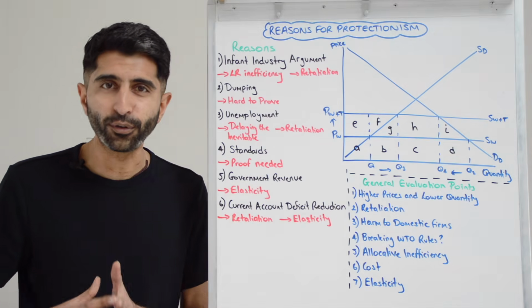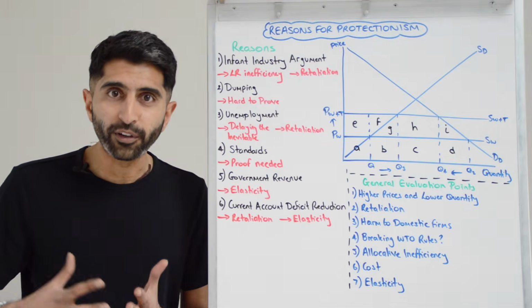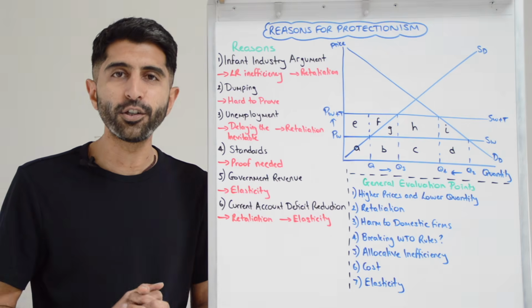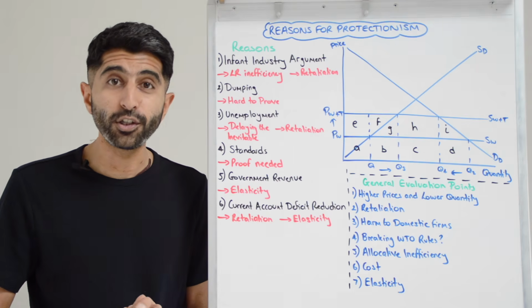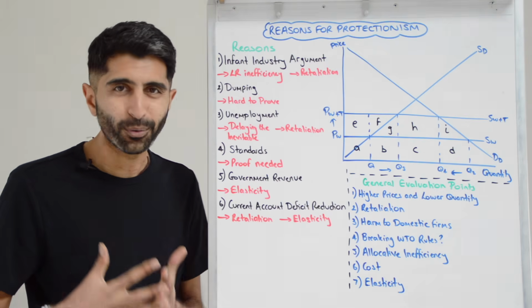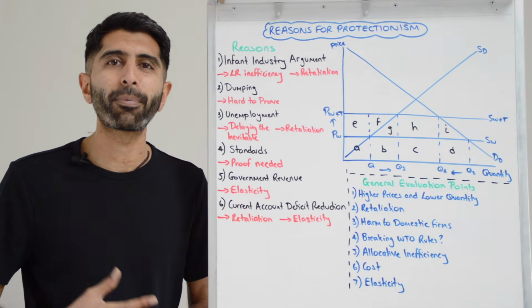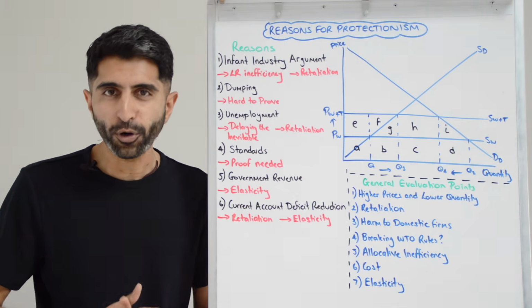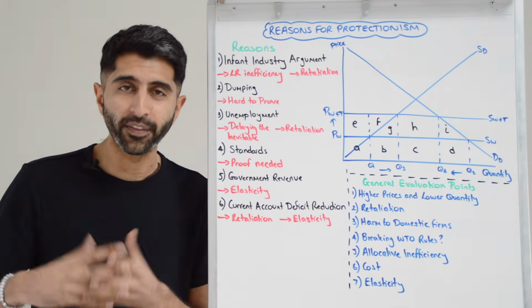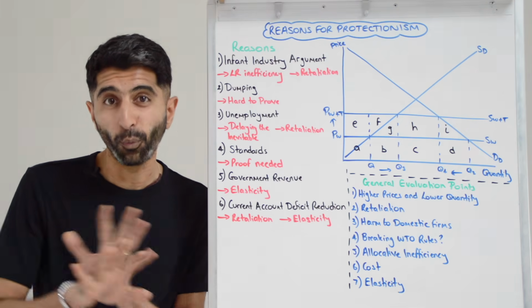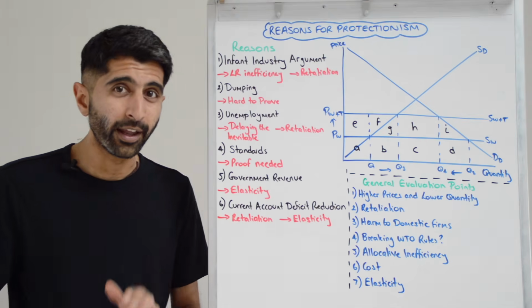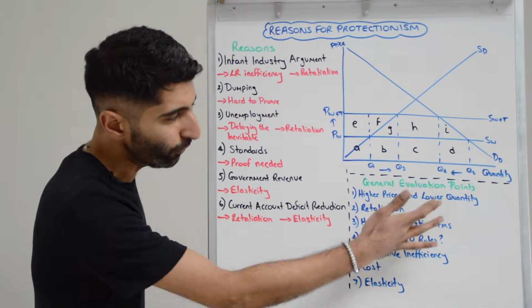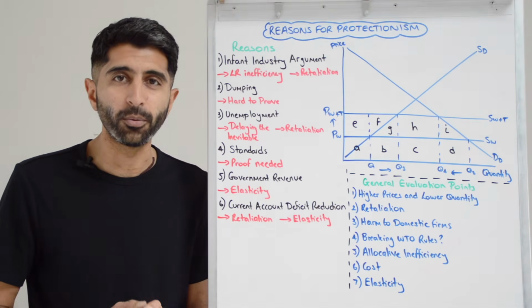And this is terrible news for consumers who struggle with affordability. Their living standards can reduce, their quality of life can reduce as they struggle to access these key imports now at higher prices. But also tariffs can be regressive. They take a greater proportion of the income from lower income households than they do from higher income households, widening inequality, which is an undesirable side effect. But also the lower quantity just restricts consumer choice.